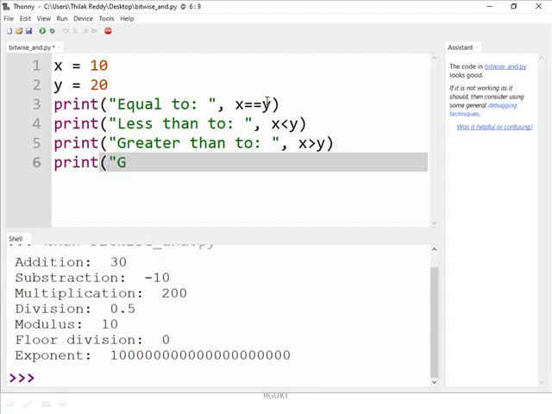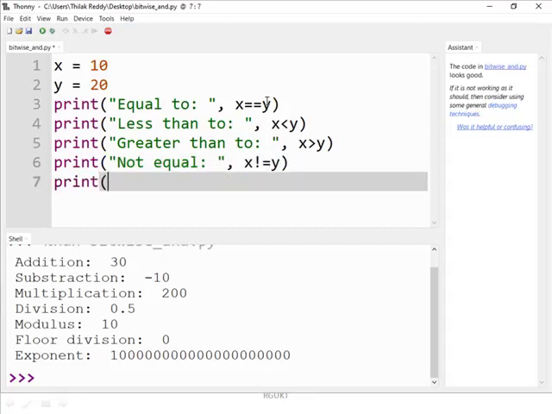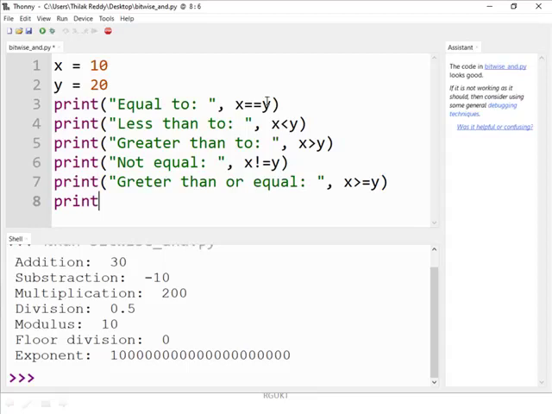Print not equal, x != y. Print greater than or equal, x >= y. Print less than or equal. Let us execute this program.